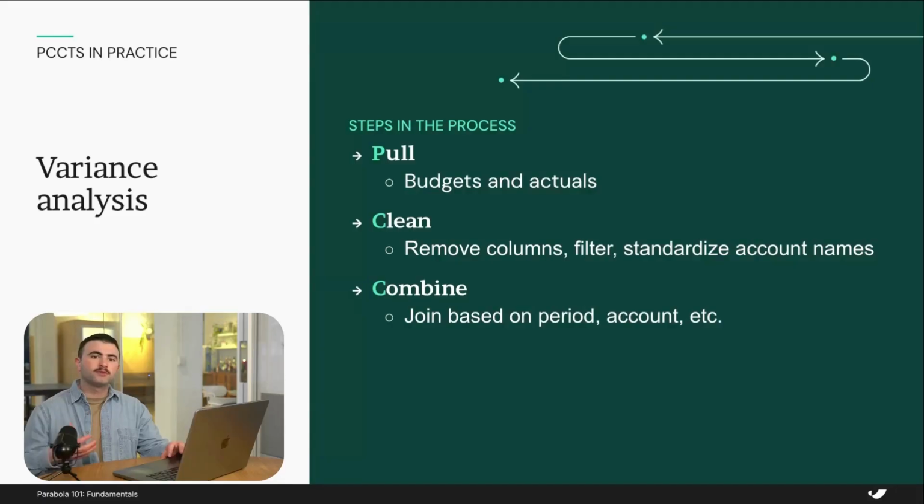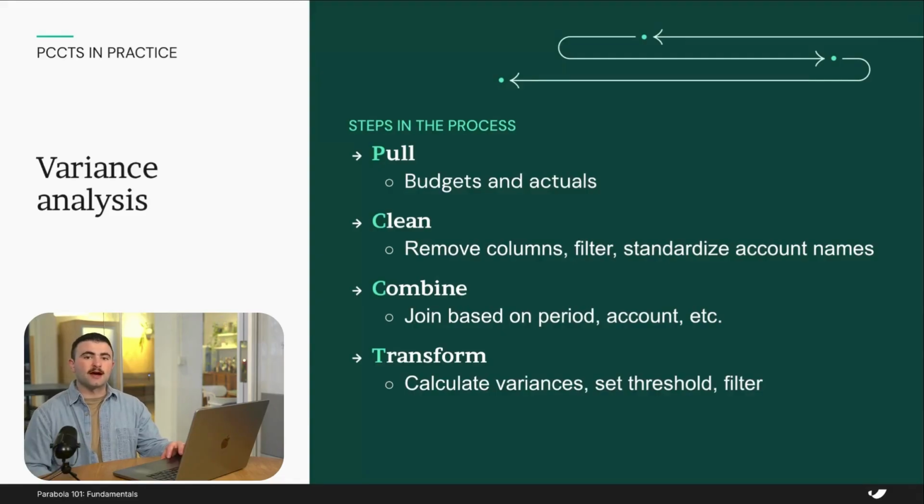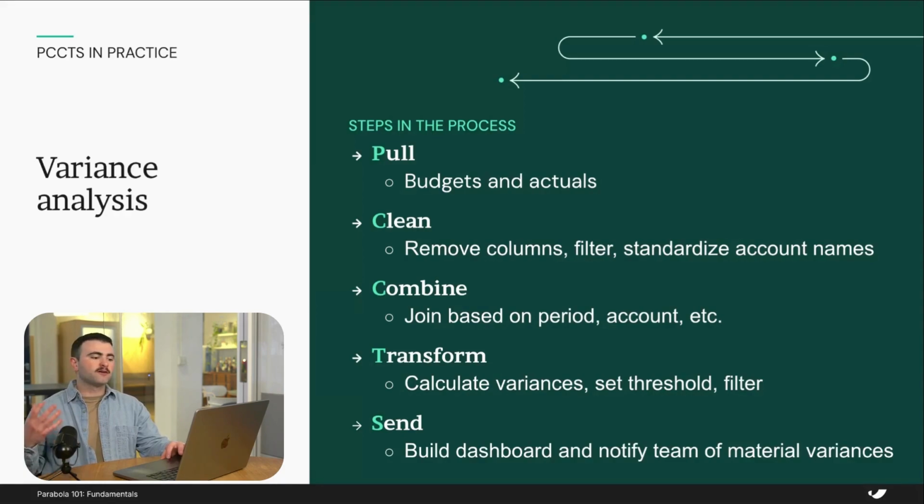Once all of our data is combined, we can start to do some additional transformations, such as calculating our variances, assigning a threshold, and then filtering for anything that exceeds that threshold to identify material variances. Once we have that, we can send this data off, doing things like building a report and notifying our team